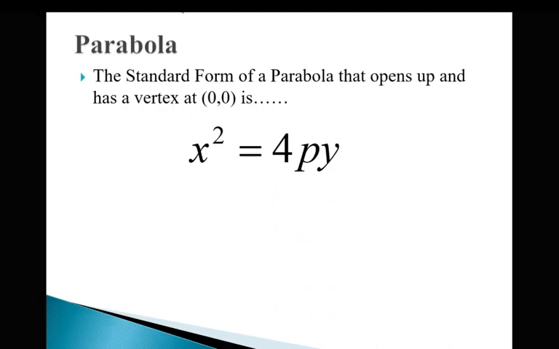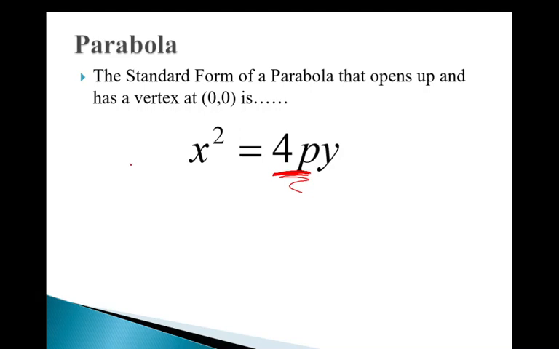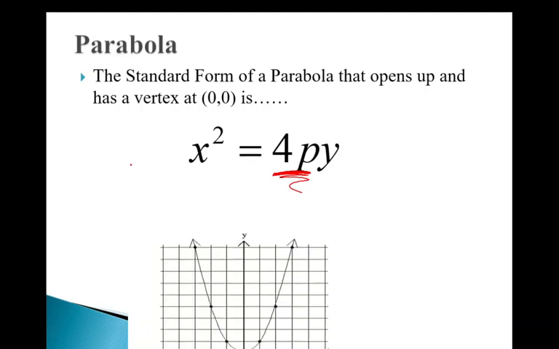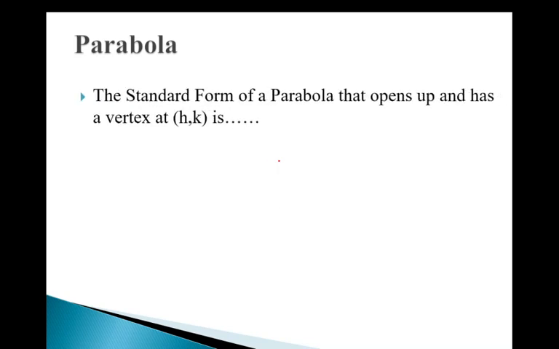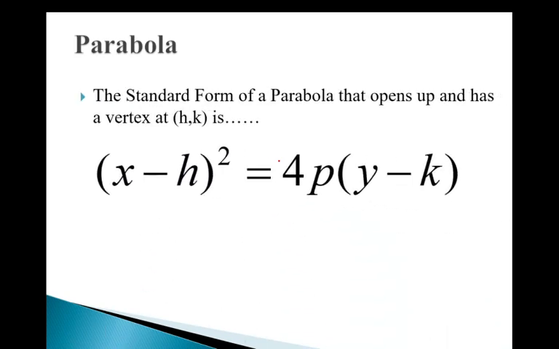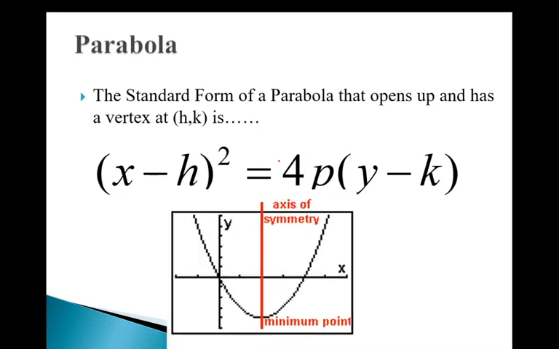The difference is now that we have this 4p sitting in front, and that has to do with this whole directrix and focus, which we never dealt with before. Okay, but again, this is just our regular parabola. This is with the vertex being at the origin, and it looks like this. Okay, we're used to this. Now, of course, if this 4p is negative, then it's going to open down. Okay, the standard form of a parabola that opens up and has a vertex at h, k is this, and it looks like this. Now, this doesn't really look like the equation that we've had before, but